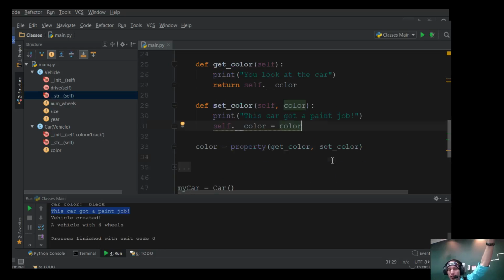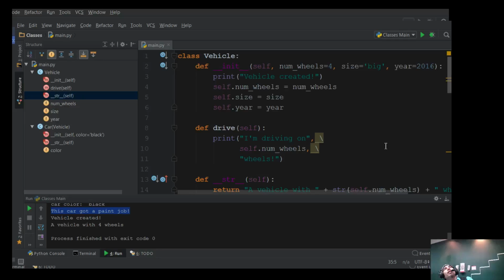So that's one way of doing properties. And another way is to use what are called annotations. So we could do something like, let's say that because it's a car, changing the number of wheels would not make it a car anymore. It would be something else. Let's try to prevent that. So let's go ahead and